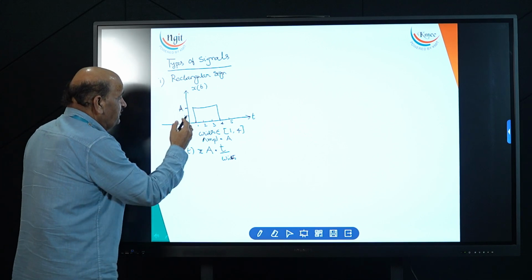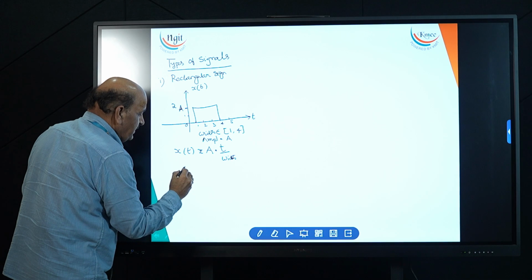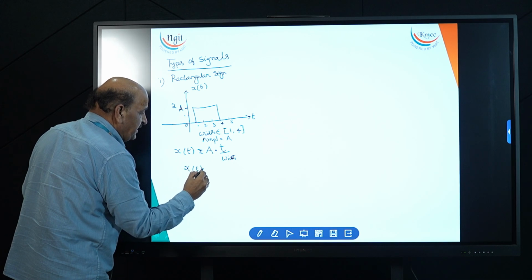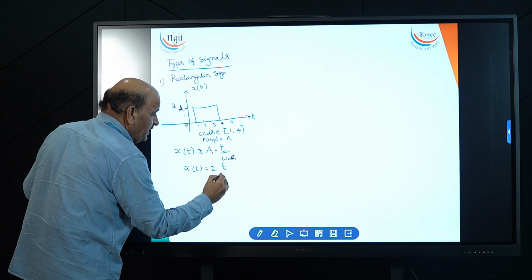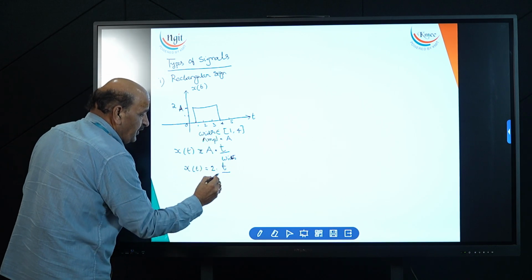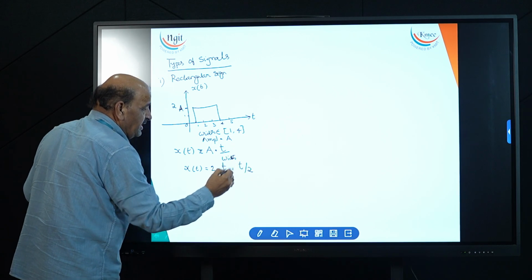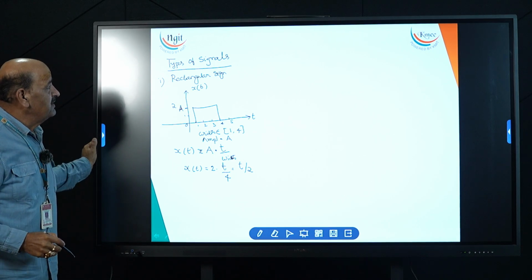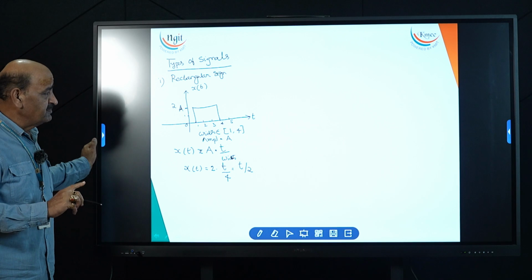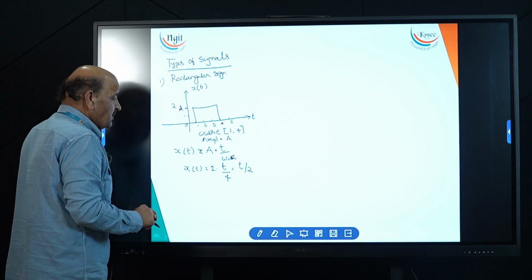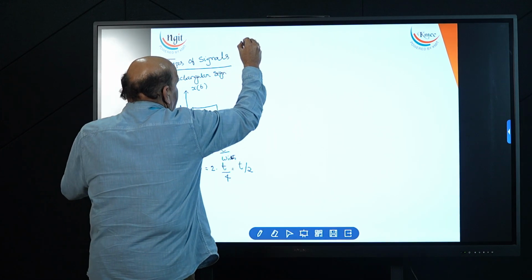That is, for example, look at amplitude equal to 2. That means in this case, how can we write the rectangular one? Amplitude, that is 2, times t by, what is the width? 1 to 4, 4 units, that is equal to 4. That is the mathematical description of a rectangular signal. Now, next one, you go for